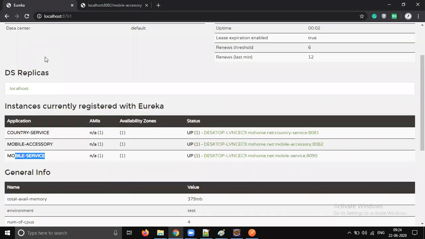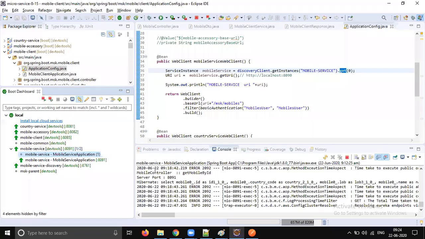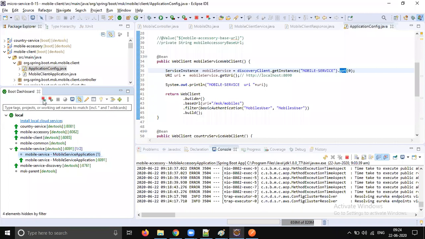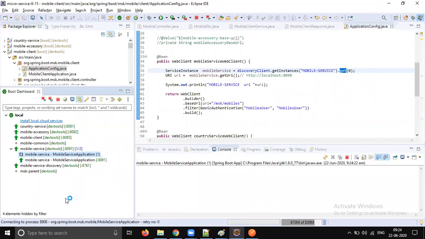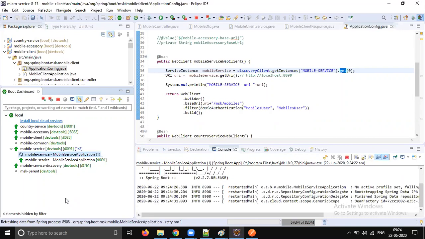For better understanding, till now there are 4 services installed. Focus here, guys: mobile service. How many instances are there? Only one. So let me spin up one more instance on port 8092. Start that instance. You see in the Eureka server console in the browser, there are going to be 2 instances.